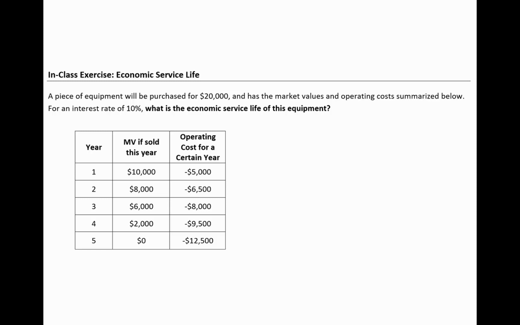All right. So we've got a piece of equipment that can be purchased for $20,000, and if you sell it after 1 year, then you could get back $10,000. If you sell it after 2 years, then the market value, MV, is $8,000. If you sell it after 3 years, and so on and so forth. So this column of MV is simply when you sell the item, how much money you could get in return